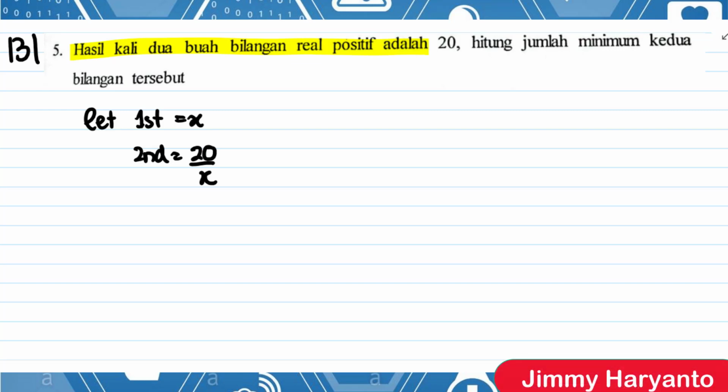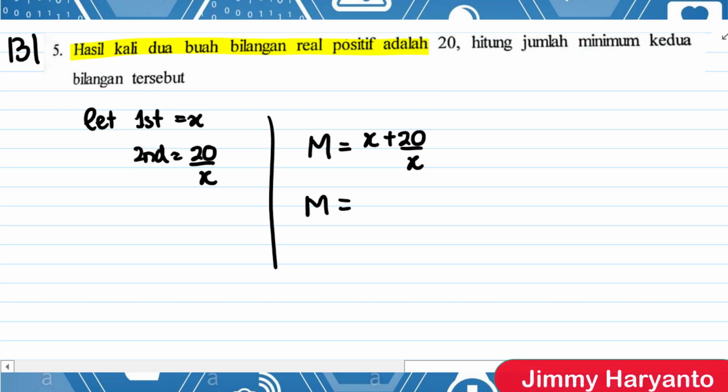number. So jumlah, you have to add them, x plus 20 over x. So this is the function. I will call it as m equals to x plus 20 over x. So m will be equal to, if I make the denominator, oh you don't have to ya, actually you don't have to make it into one single expression, just leave it like that, or maybe you can move the x to the top for this one, x to the power of -1,